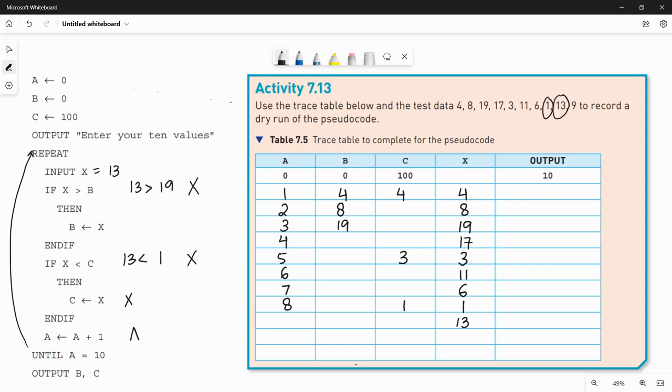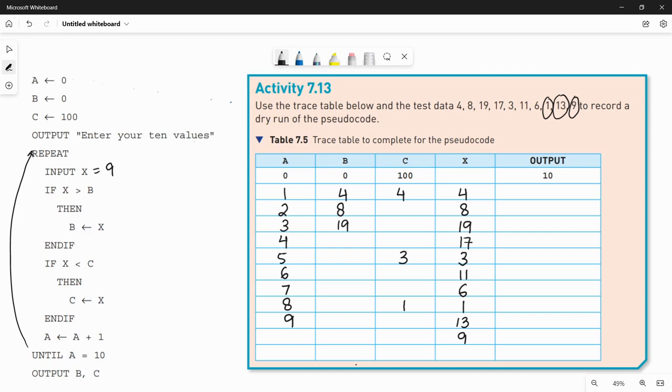Go down, increment the value of a. A has a value 8. 8 plus 1 is 9 now. Put the value 9 in the trace table. Now look at here. The exit condition is still false because A has a value 9. It doesn't have a value 10. So you have to go for the next value of your test data, which is 9, and you need to be in the loop when the condition is false. So let's do for the next iteration, putting the value 9 in your trace table and also in variable x